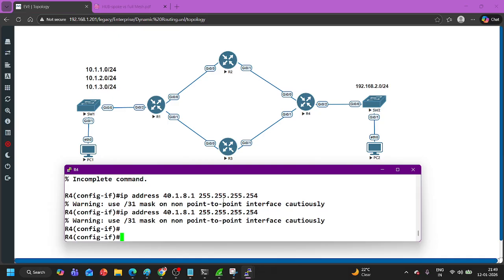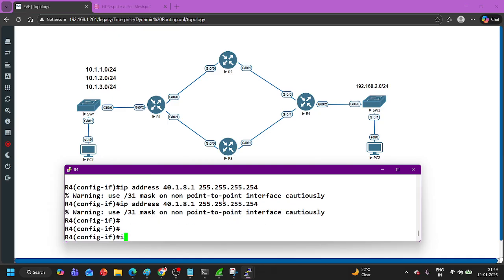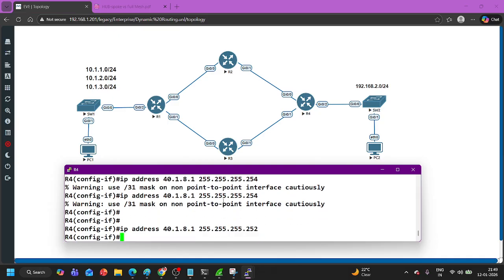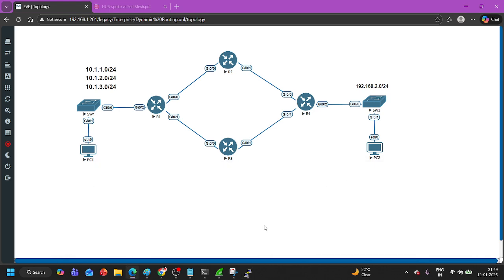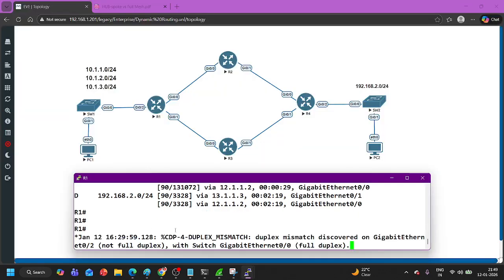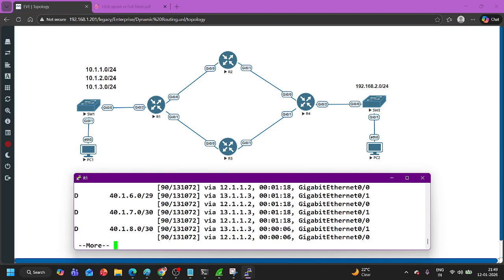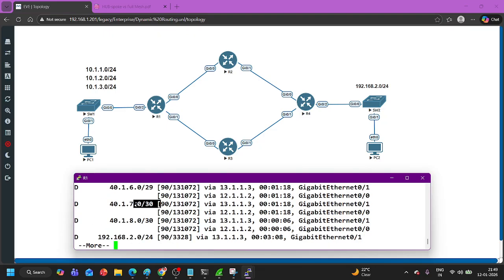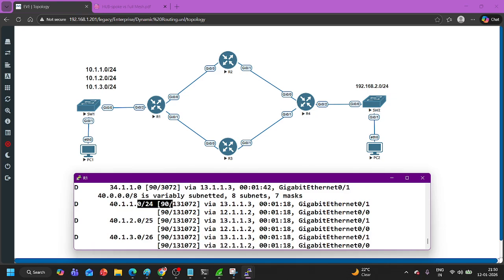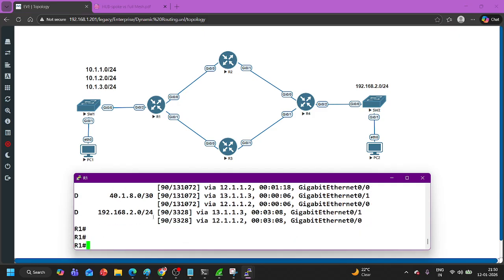This IP address is overlapping. Okay, 252. Sorry, R1, and now check. 7.0, 8.0. So prefixes are there with different slash values, different CIDR values from 24 to